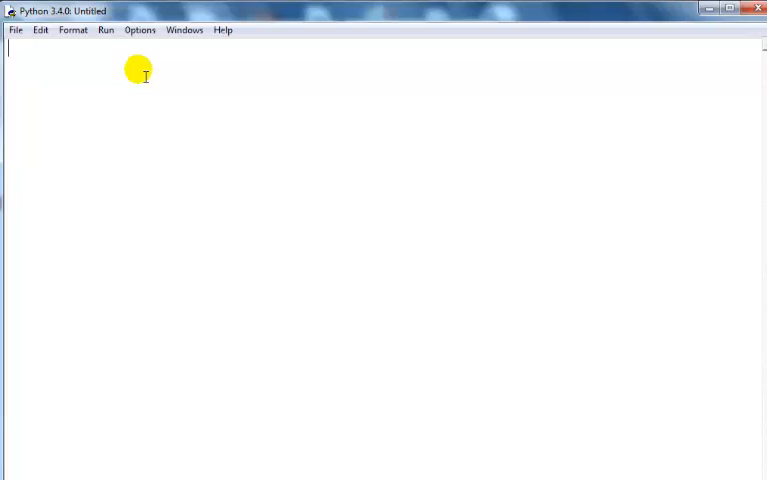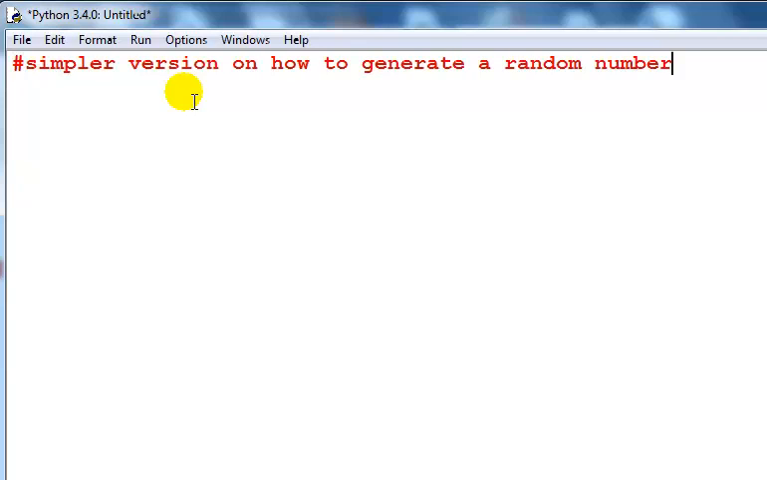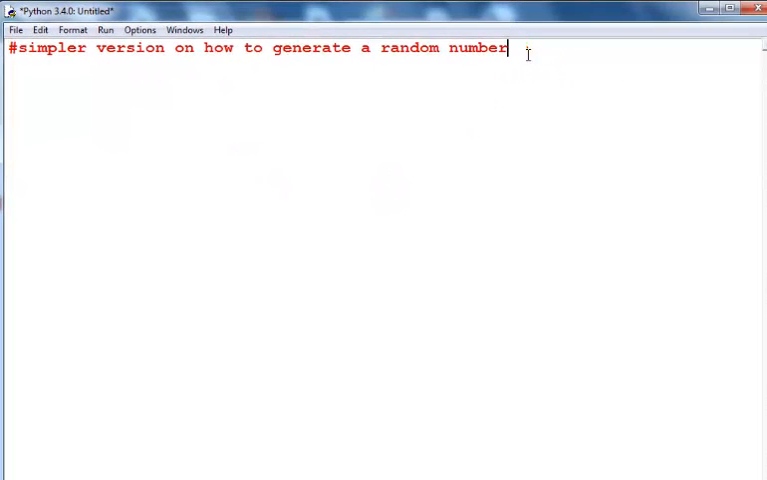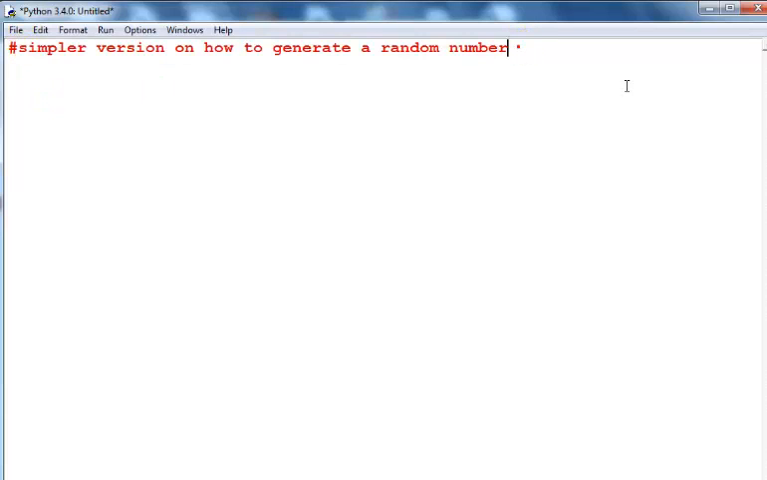Simple version of random. So in the first place, let me just enter a comment there. Simple version on how to generate a random number. I've actually copied this statement from a comment made by one of my viewers. He was confused. He claimed the random tutorial was a little bit confusing, so I would like to clarify one